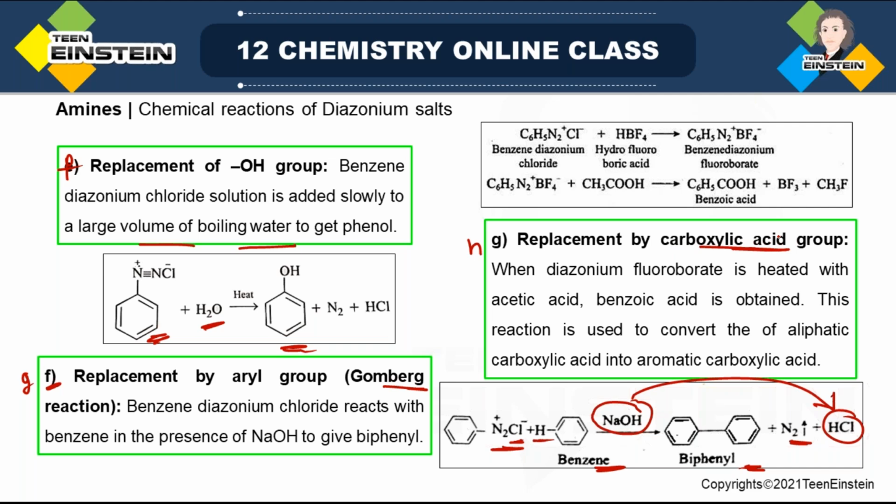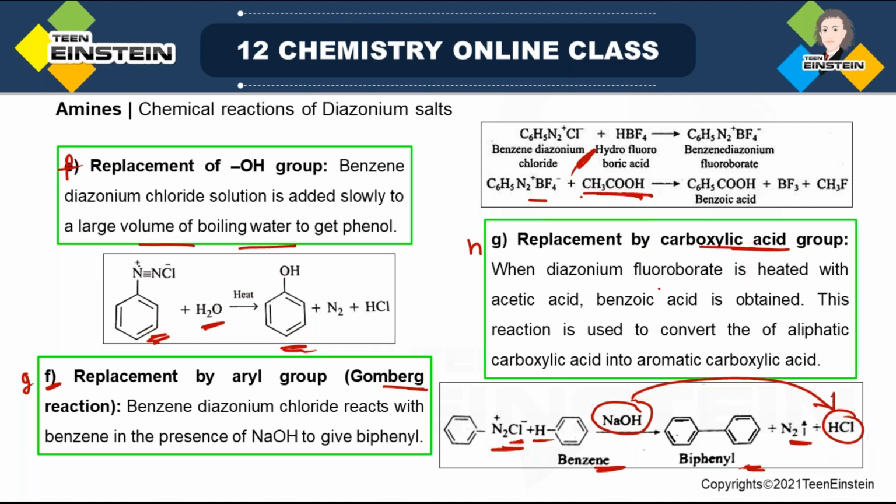So see, this is so versatile. You can even insert a CO2H group. And what will be the source of the CO2H group? You can take acetic acid. Suppose you want to insert CO2H, so you have taken CH3COOH, and here the starting material is the fluoroborate salt, which you can prepare starting from